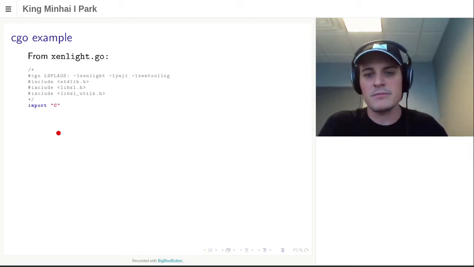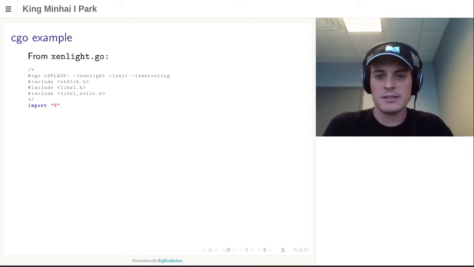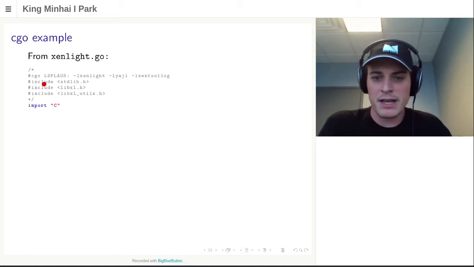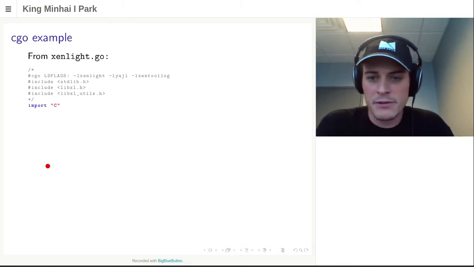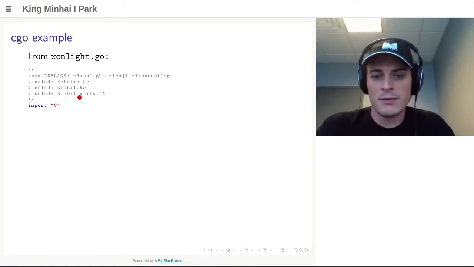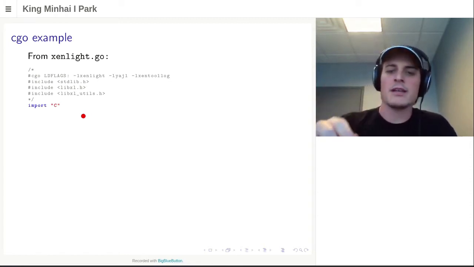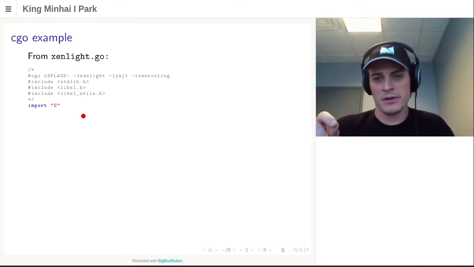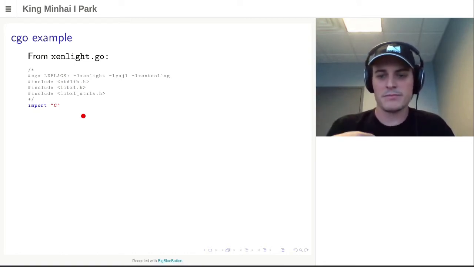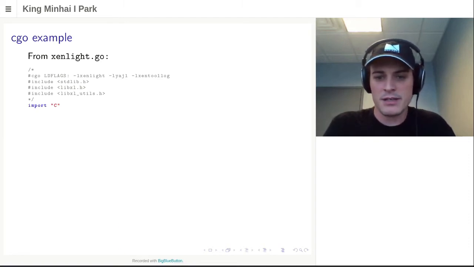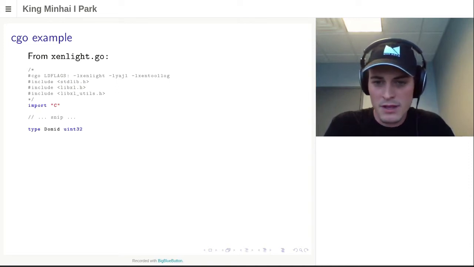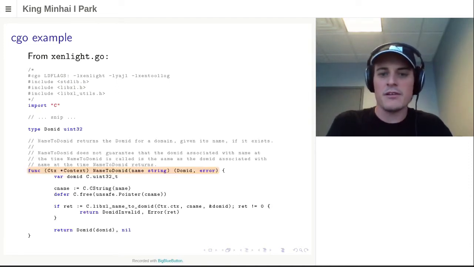So this is from the xenlight.go file. You can see at the top, there's this block comment here. This is called the preamble. We set some linker flags, and we can also include any files that we need. In the actual version, which I omitted here just for brevity, we also do define a little bit of our own C code to help handle some other edge cases, so you can do much more than is shown there. I don't like these transitions. All right, and then the